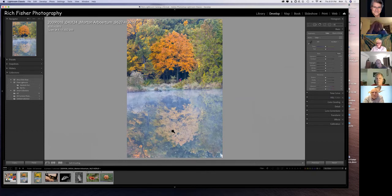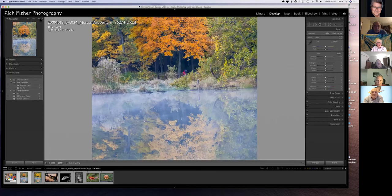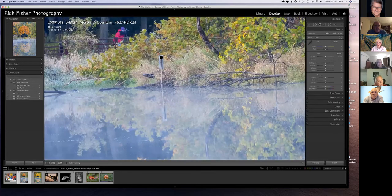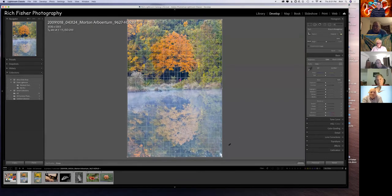Something, though, that bugs me about this is that this picture is tilted. The horizon's a little bit crooked, and worse, the shadows are not right below things. Let me go to 100% here, and you're going to see this is not vertical. A reflection has to be right below the image itself. So let me go back, fit this on the screen. I'm going to go to the crop tool, and let me come back to 100% here if I can. No, it's not going to work. Okay, so I just have to very slowly,